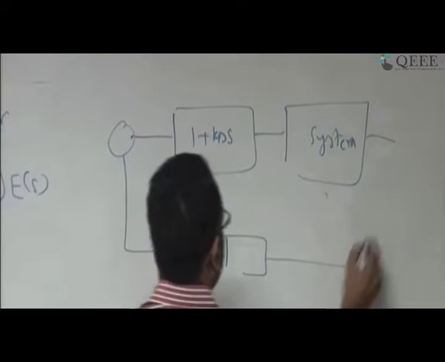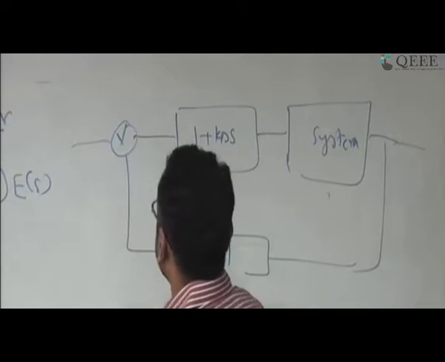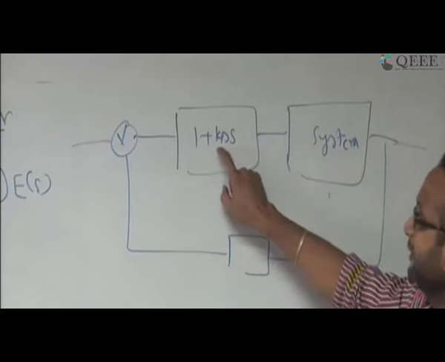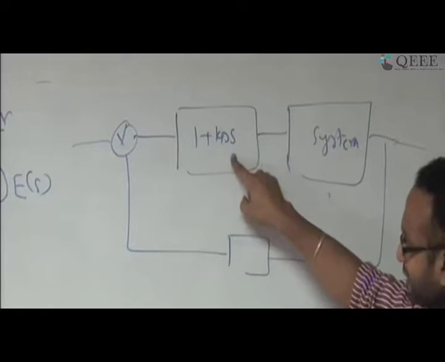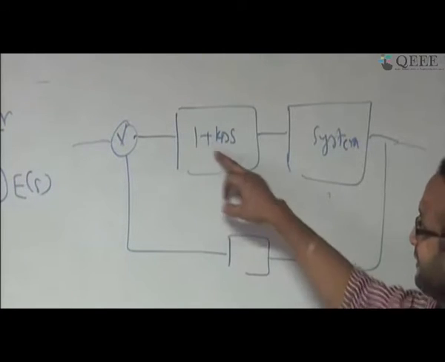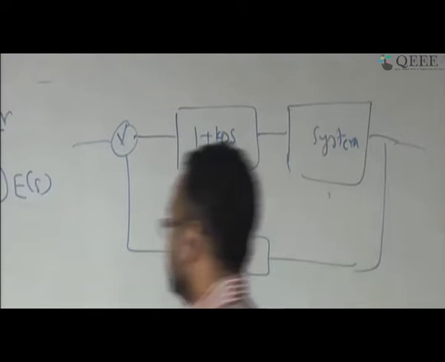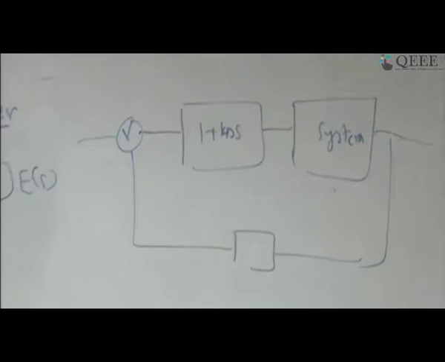And this is the feedback path. Okay, this is what I can interpret it. I am adding a Kds as a proportional plus derivative term. Another way I can look at it, I am adding a zero in your system. That part is clear? Because zero in the sense, suppose if I consider my system as a second order system,